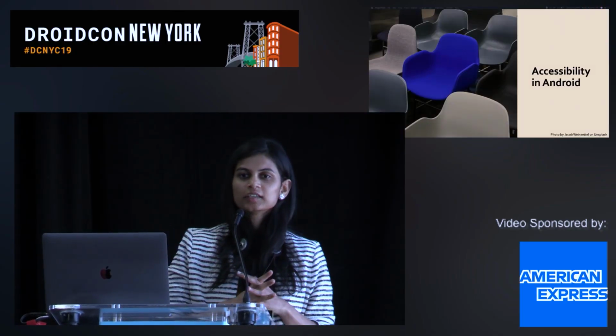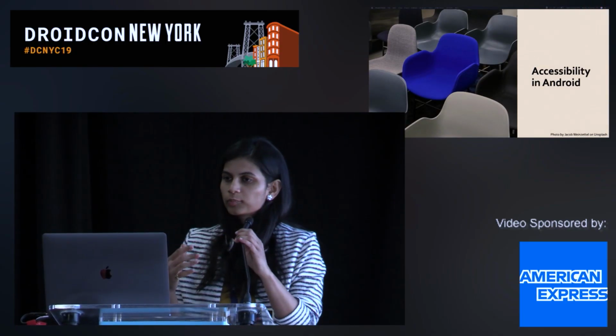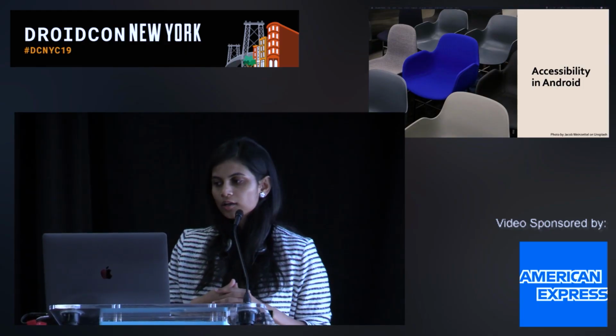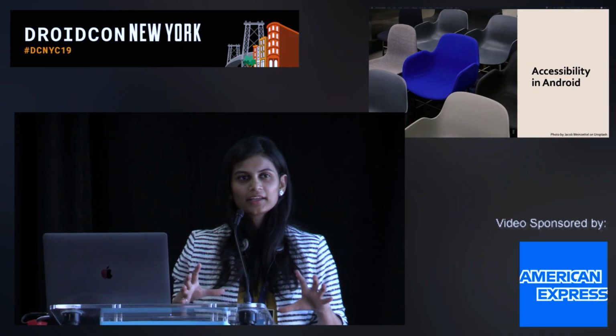So what is accessibility in Android? Android provides us built-in accessibility features which we can make use of in our app. But it's sort of like buying an IKEA chair, where you just have to pop in certain legs to actually use it and make it right to sit on. The same goes here. All the awesome accessibility features that we get from Android are great, but we need to tweak them a little bit so that they better support our app.